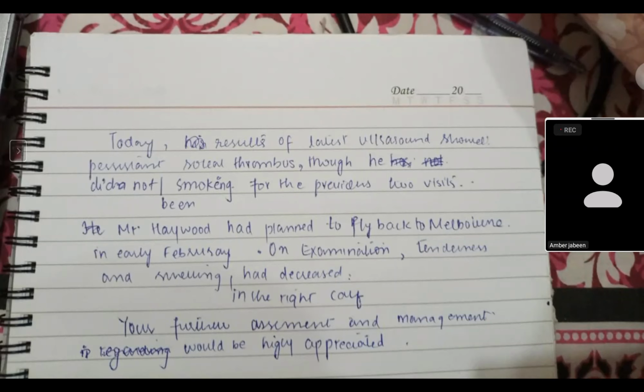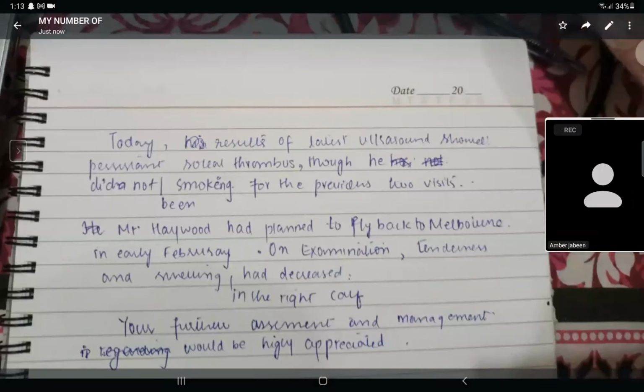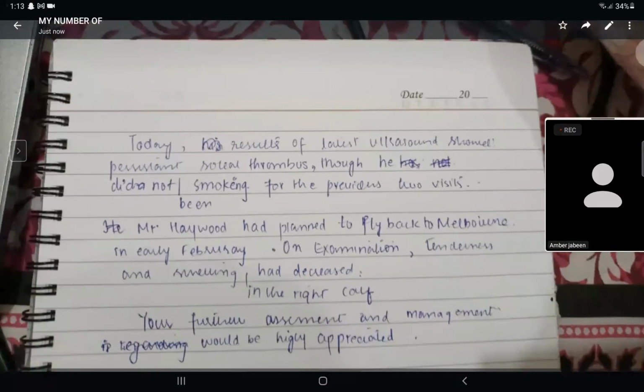Smoking for the last two visits, for the previous two visits. No, he stopped smoking. Congratulations, he stopped smoking. When you're going to do speaking, there are going to be some cards where you have to congratulate the patient that he's not smoking. It's a big effort getting rid of a habit, isn't it? Okay, good, Dr. Umber. This is good. Any questions, Dr. Umber? No, not now.